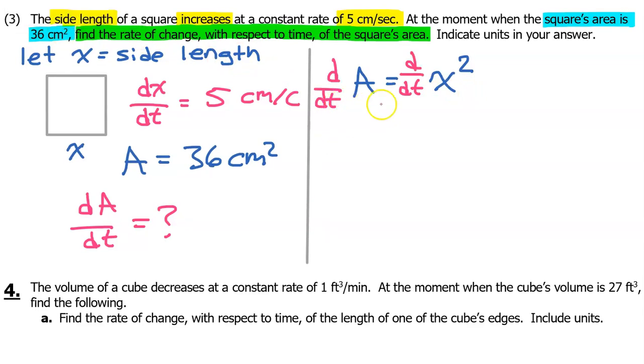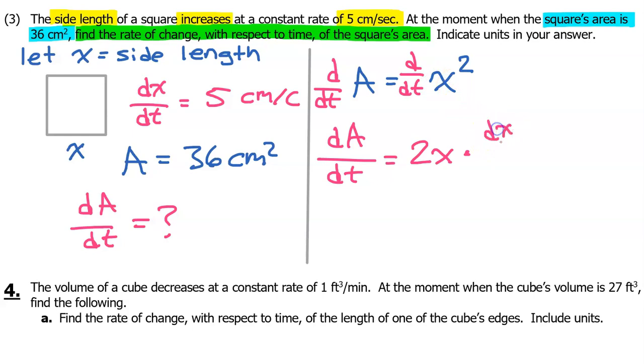Let's take the derivative of both sides with respect to t. So on the left, we have dA dt. And then on the right, because these variables do not match, we will have to do the chain rule. So the derivative of the outer function is 2x, but then we multiply by the derivative of the inner function,